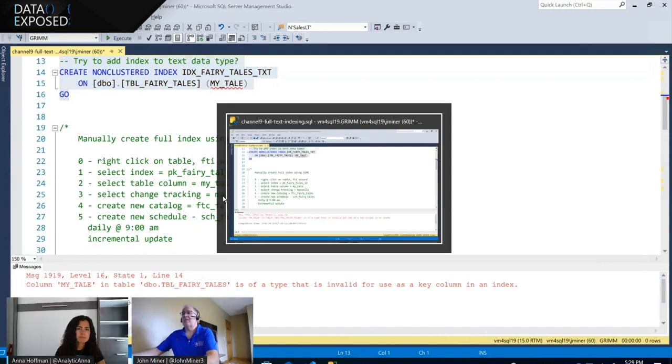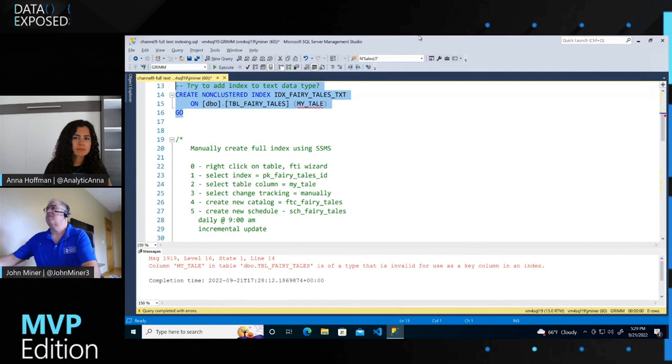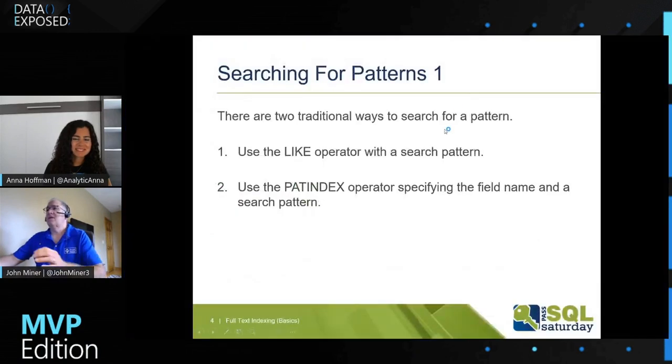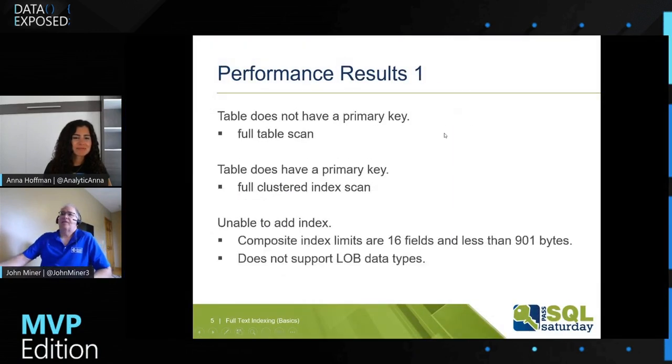So I'm going to go back to my deck and talk about why that's good. The performance results of the first test: we did a full table scan. That wasn't really good. In the second one, we had a full clustered index scan. Still not good. We tried adding a non-clustered index to the large object binary,